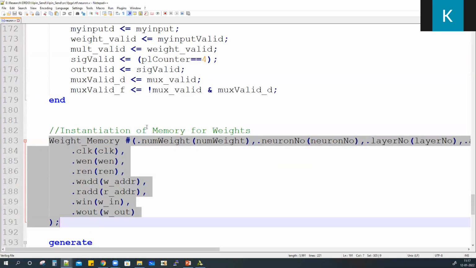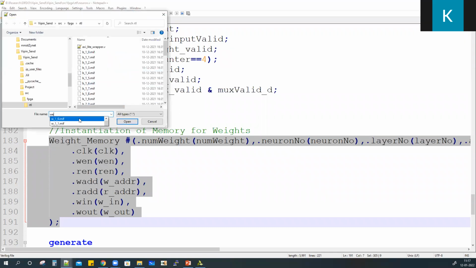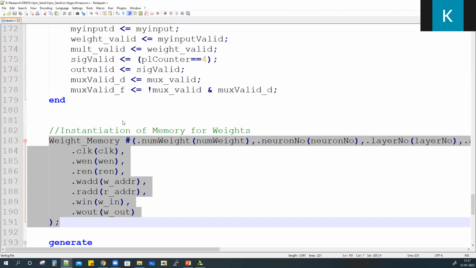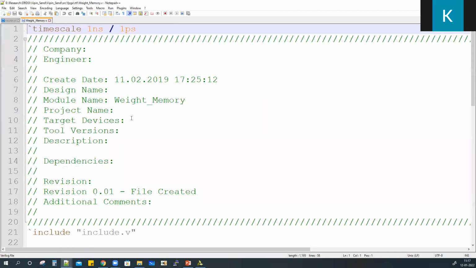The code that I showed before is used for storing the weights inside the memory from the processor. Now there is an option whether the weights should be stored from the processor, or at design time itself we fill the memory with those weight values. If it is pre-trained, we already know the weight values, so we can directly fill it.